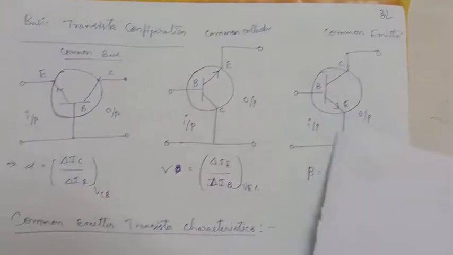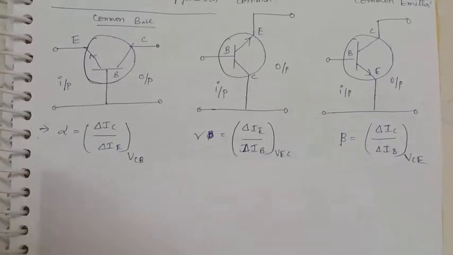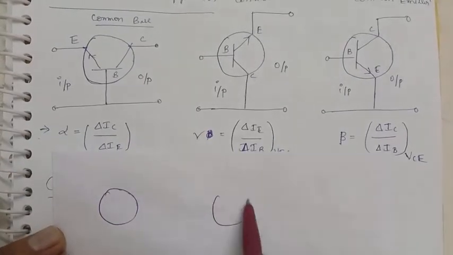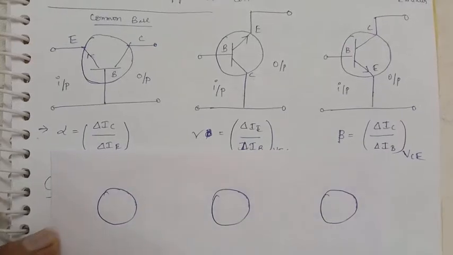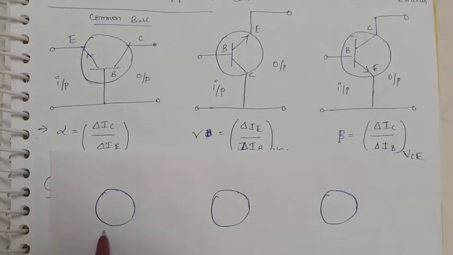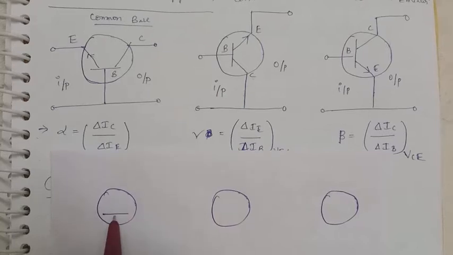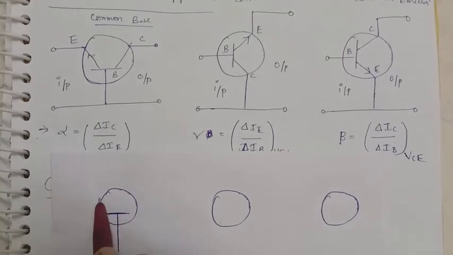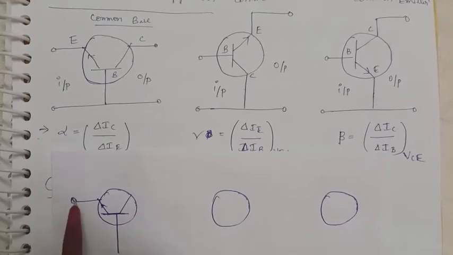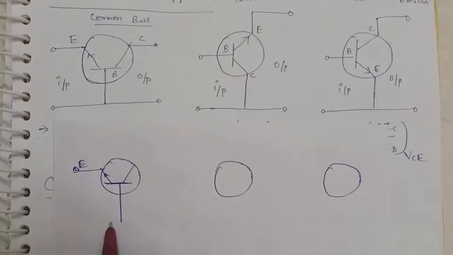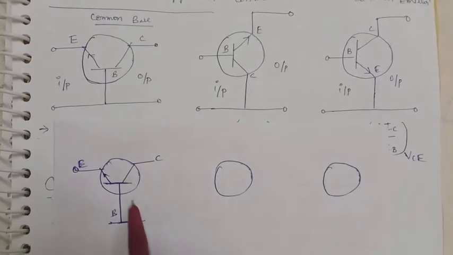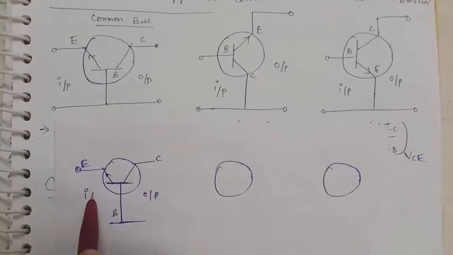So how to draw this diagram? Very easy. I will draw it once here. First all of you draw the circles, simple. Then whichever is common, you have to take it down here. It is the base that is common, the common base. It is the emitter, and here it is the outward. It is the emitter and the base. It is the collector and the base. So it is the output and it is the input.